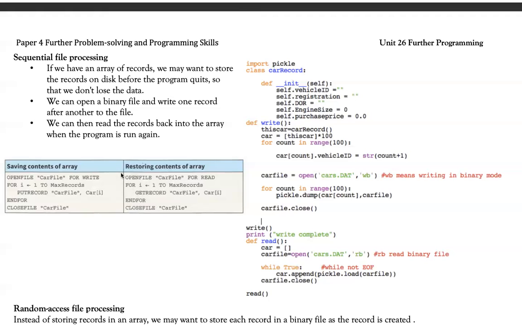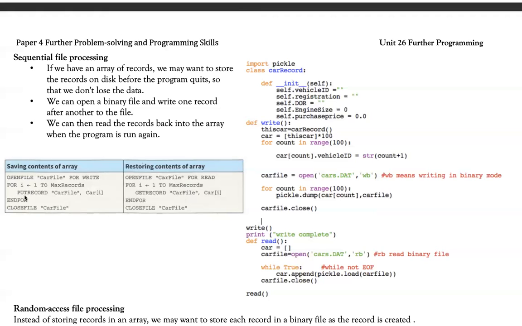So what I do here is open the car file. This time I'm using the read mode. I'm not writing data, but I'm bringing data back from the hard disk into the main memory. For I to the max number of records, I will get a record from the car file and place it at this index position in the car array. I will do this every time this loop runs. So it will run this number of times, and the last record will be placed in the car array. And after that, you close the car file.